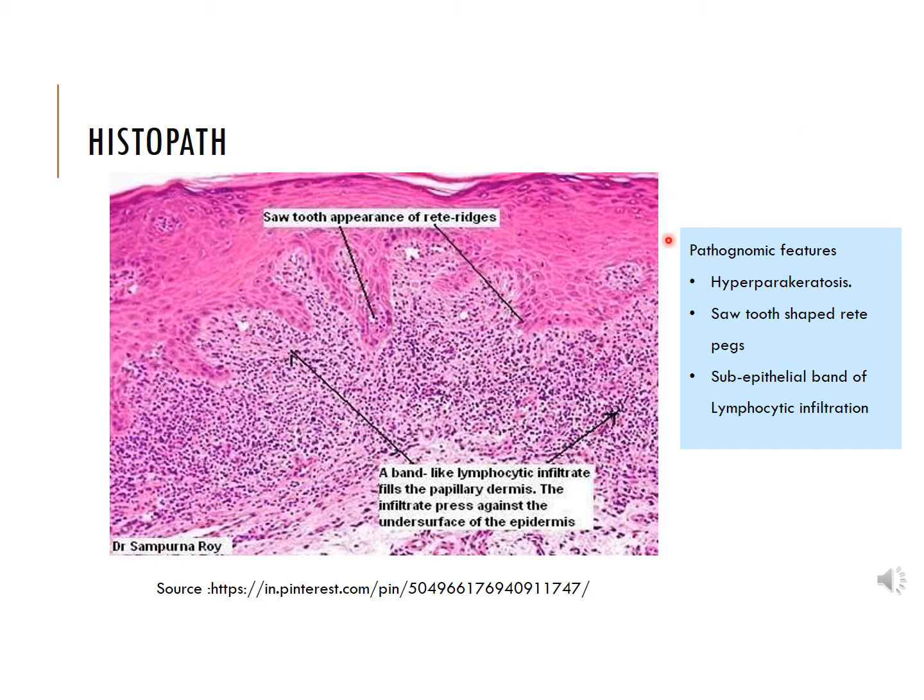Okay, the second feature is a sawtooth-shaped appearance of rete pegs. That is, there are pointed ends of the rete pegs, as per the arrows over here. And the third most important feature is a subepithelial band of lymphocytic infiltration. So these dark blue dots that you see here are basically inflammatory cells, primarily composed of lymphocytes. These lymphocytes are attacking the autoantigens in the basal layer of cells, and thus giving rise to